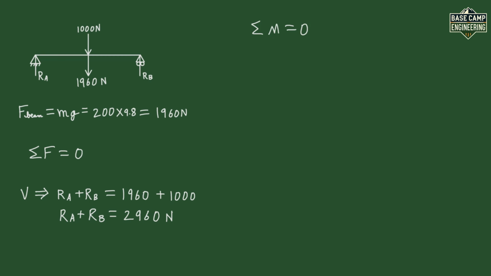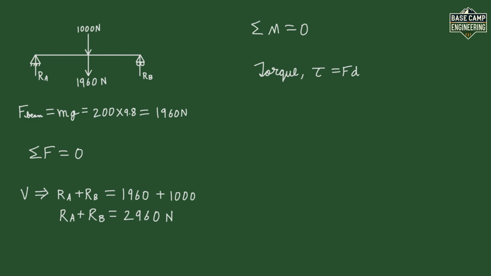Second, sigma M equals 0 requires that the sum of all moments or torques about any point on the system must be 0, preventing rotational motion. Torque is defined as tau equals F times d, where F is the force magnitude and d is the perpendicular distance from the force to the pivot point, with direction determined by clockwise or counterclockwise rotation. To solve for the reaction forces, take moments about the left support to eliminate it from the equation. A hinge can resist both force and moment, but this simplifies our calculation here.